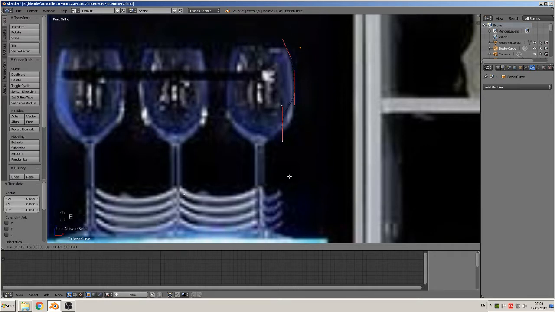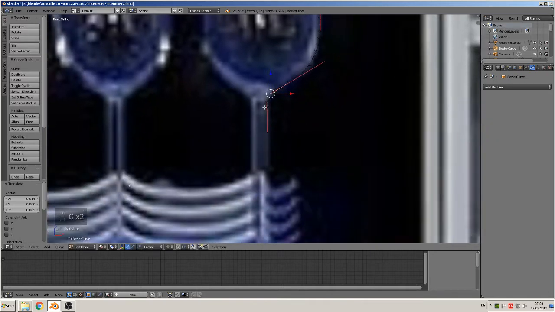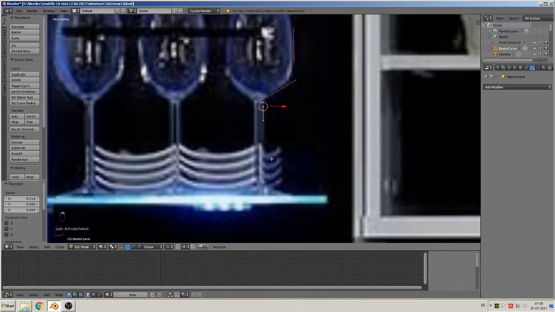Extrude again here and handle the outer lines for bending. Extrude to the down part there and grab, bring it there. Then straight down to the bottom